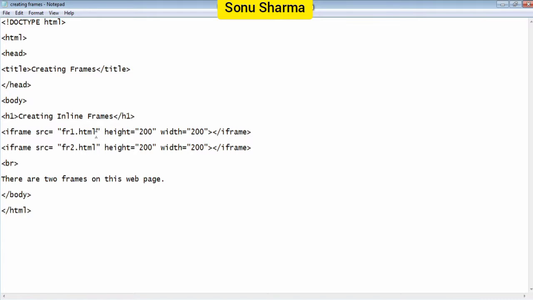So how will the web page open? If you give the URL, then only the web page will open. So this is the URL. That means you have to create one more web page here, and write another coding for this web page. Then this is the height of the rectangular box, this is the width, and the iframe is closed. Again, if you want to add a second frame, fr2.html, again height and width are given here,